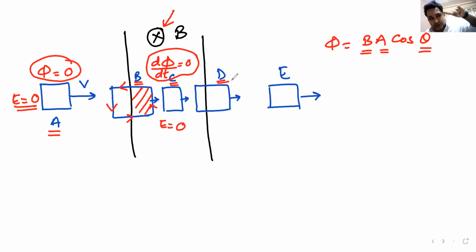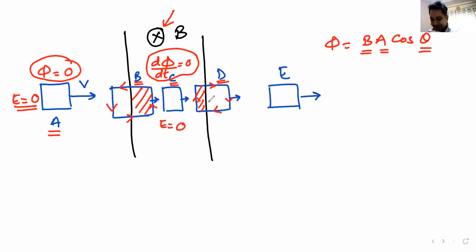Is the flux linked? Is there a flux linkage in the coil? Yes. Is the flux changing? Yes, sir. Increasing or decreasing? Decreasing. So what do you have to do? You have to increase it. How will you increase it? Create magnetic field in the same direction. In the same direction means create magnetic field in the inside direction. To create magnetic field in the inside direction, by the right hand thumb rule, your current should go clockwise. So the answer in this case is clockwise.